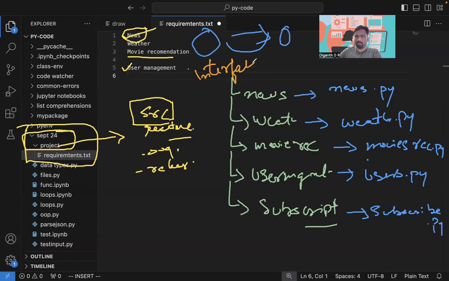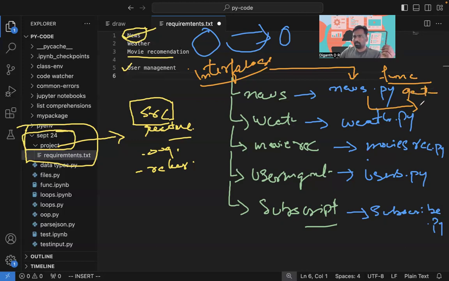interfaces. So what it means at code level is they are just function calls, functions which can be called. Why they're interfaces is because you can have many functions within each of these files. Obviously a module contains a lot of functions. So say news has get_news as a function. So if I make this an interface,